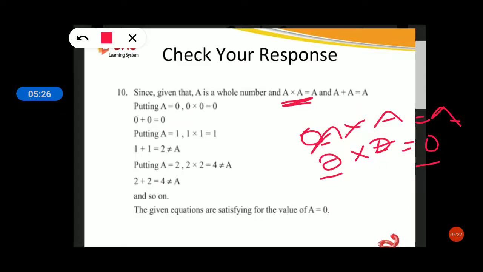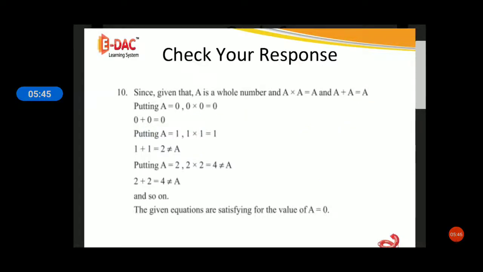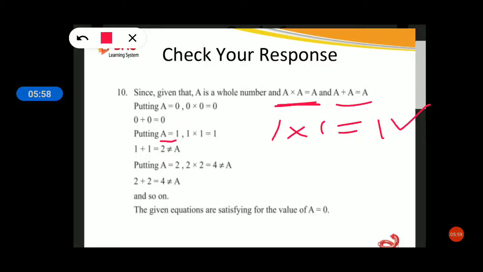Now we will see the additive identity also. See here, 0 plus 0 is 0. Now we will substitute another number also. When we assume a is equal to 0, the result was the same and it satisfied this equation. Whether it is satisfied for a is equal to 1? Substitute a is equal to 1: 1 into 1 is equal to 1. So this satisfies. Whereas here, substitute 1 in this equation: 1 plus 1 is 2. Here it is not satisfied.